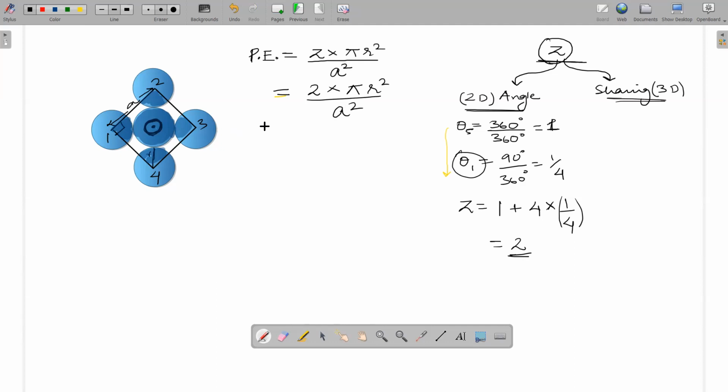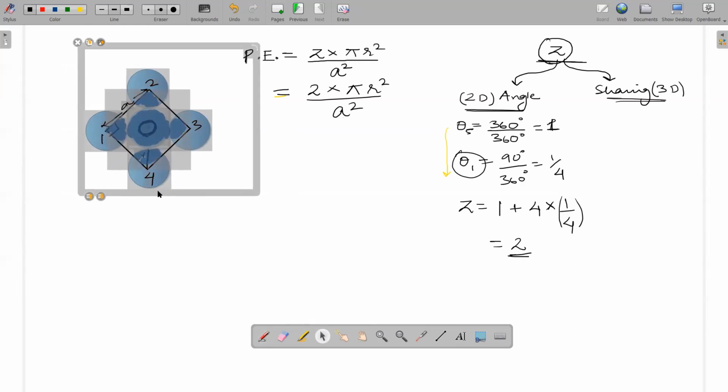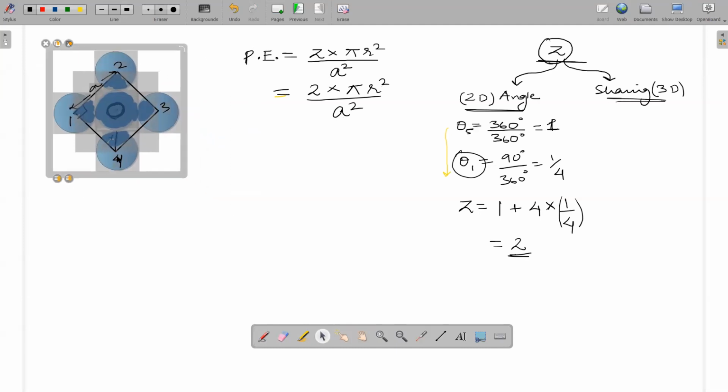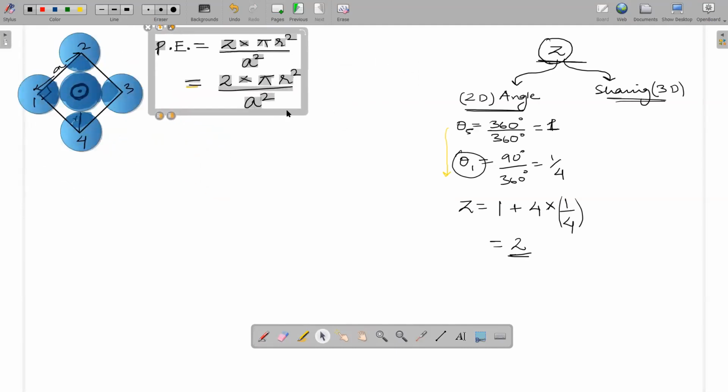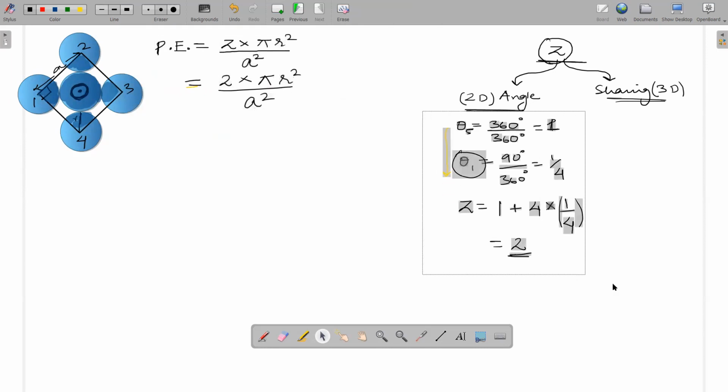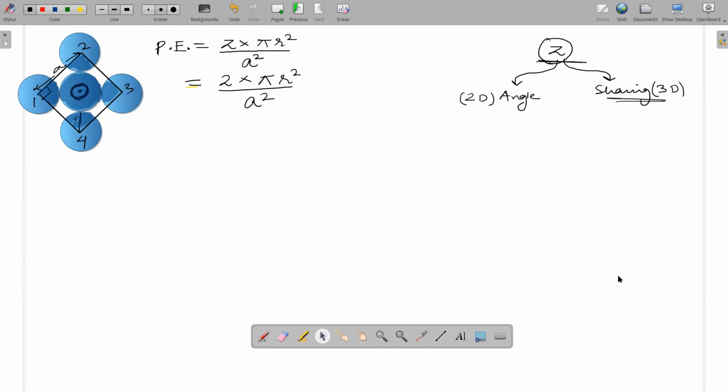Now there is one difficulty here. I am not getting anything as a percentage, I'm just getting numbers. So I have to represent R in terms of A, or A in terms of R. I have to find the relationship between A and R. Now I'm deleting this, okay?